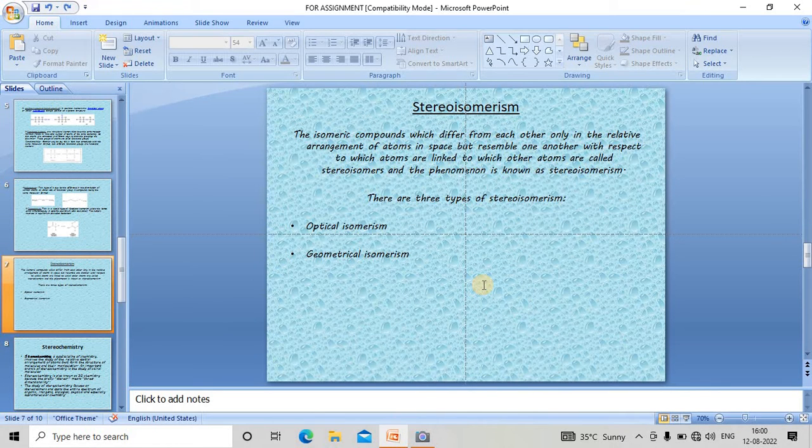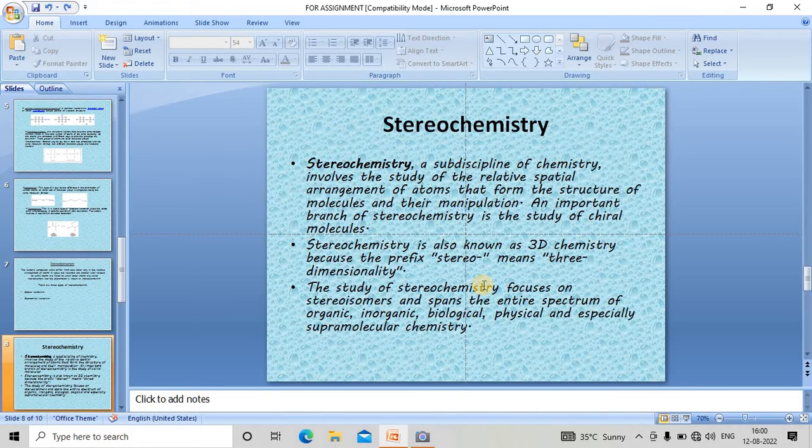stereoisomerism. Stereoisomerism, as I have already mentioned, is the isomerism related to stereo, meaning space, 3D isomerism, and it is very important especially in biological, pharmaceutical, physical, and supramolecular chemistry. Suppose in the pharmaceutical industry, many of the drugs and disease identifying agents, organic compounds, are stereo. If one stereoisomer has the capacity of relieving one type of disease, another stereoisomer may not